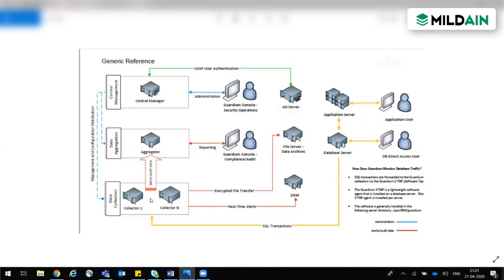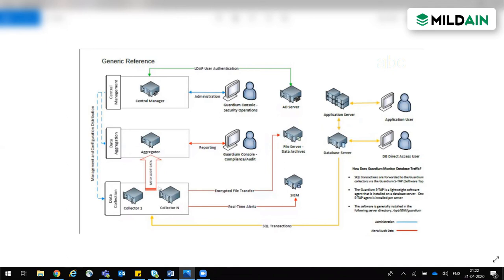If you have data for 15 days and its size is around 500 GB, then the space of the collector will be full, and your collector will go down. Make sense? So what we do is we integrate Guardium with a file server, so that we regularly transfer all the past data onto this file server. There is an import and export job running at all times.